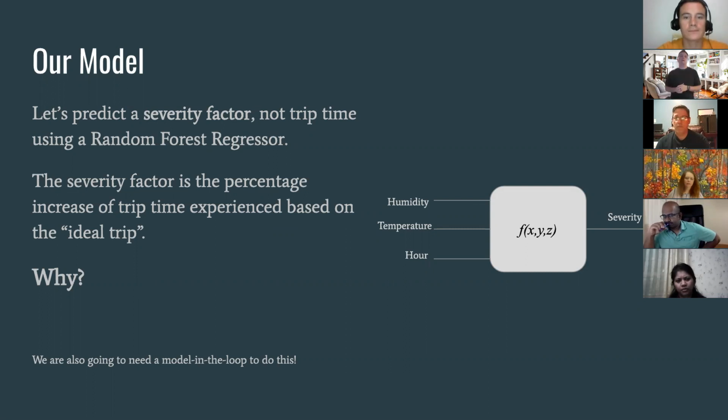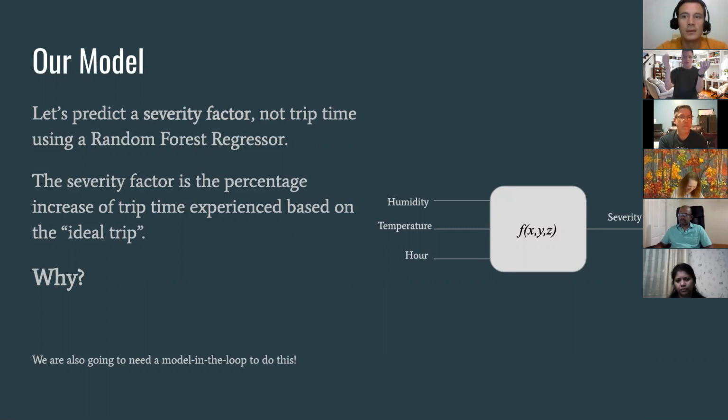And as it turns out, as I said before, we're going to need a model in the loop to do this. This is where it gets even cooler, because now we're not only combining a machine learned predictor, but we also have to run a model along with it to predict what the ideal trip is, which we can do from a model-based perspective because models, well, they always lie. Models lie. There's death, taxes, and models lie. Those are the three things you can guarantee in life.